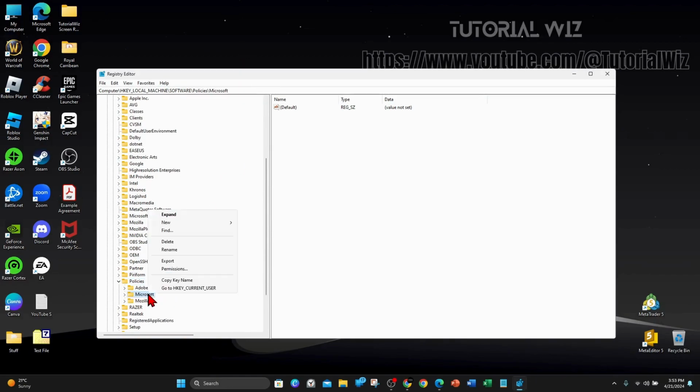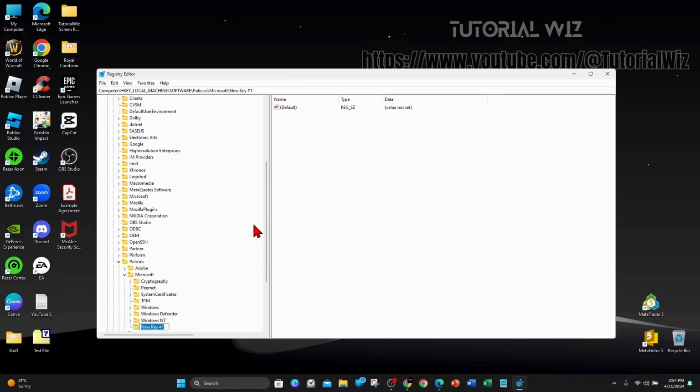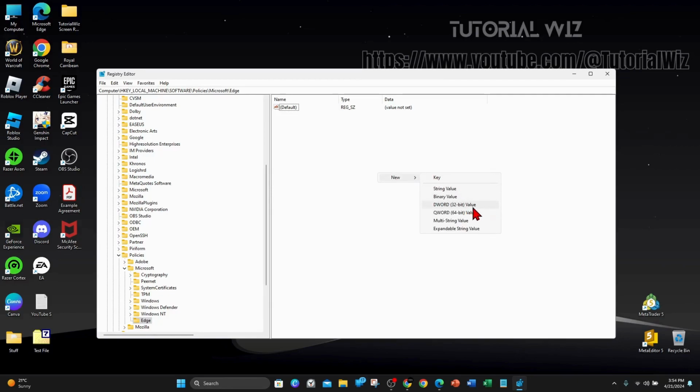and then right click on Microsoft and then click onto new, so go to Microsoft, new key, and then call this Edge. So there it is there, Edge under Microsoft. It's got a new folder there. Alright, so if I go ahead and click onto Edge, right click in here, click new, and then click on DWORD 32-bit value, and it'll be a new value number 1 here,